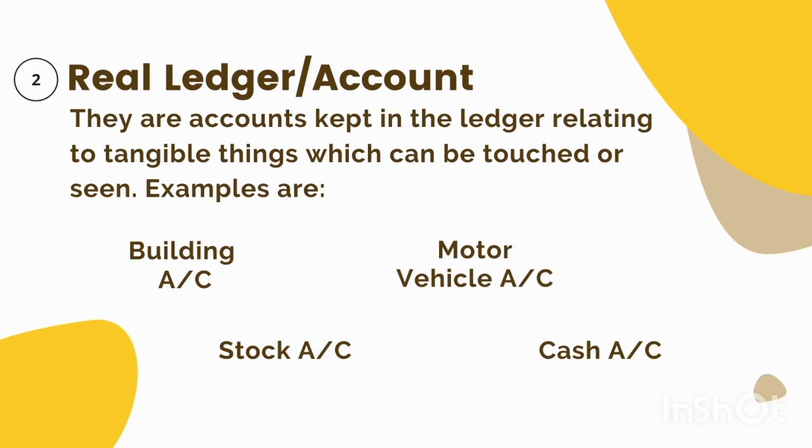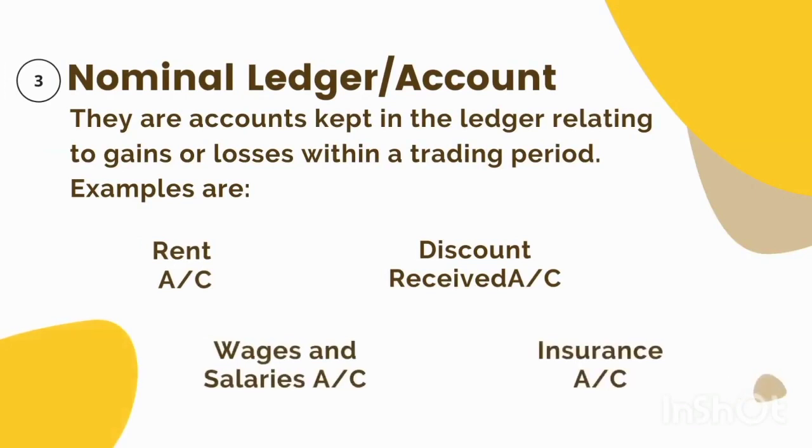Now, the nominal ledger, or we can call it the nominal account. They are the kind of account kept in the ledger which relate to the gains or losses within a trading period. When profits are made or losses are incurred in the course of a business transaction, we register such in this kind of account. For example, rent, discount, wages, salaries paid,